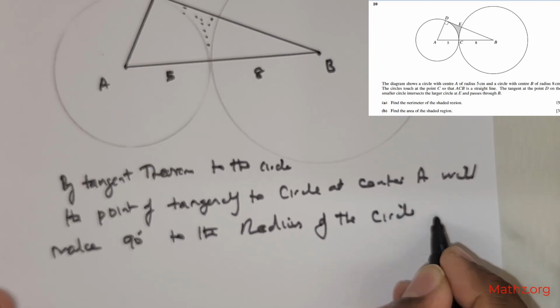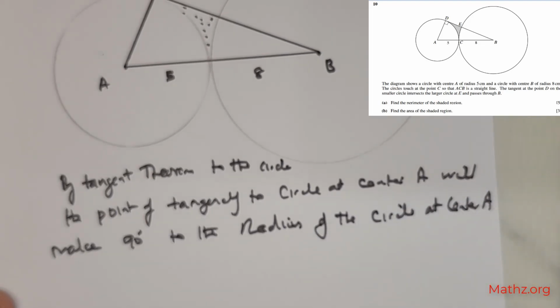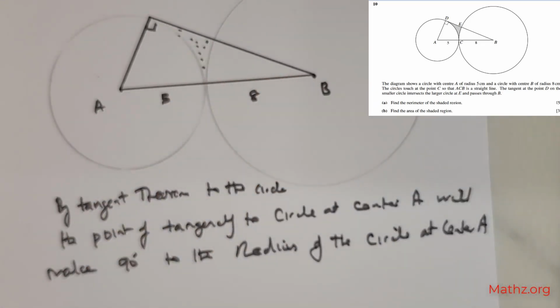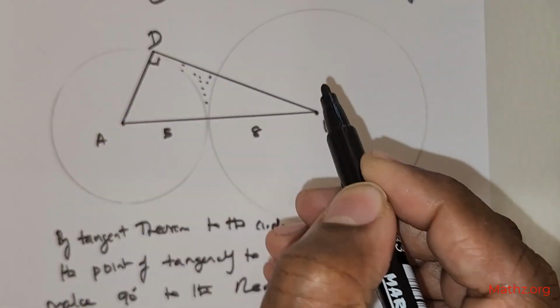So that means this angle is 90 degrees. Okay, so that means if I take this point as D,